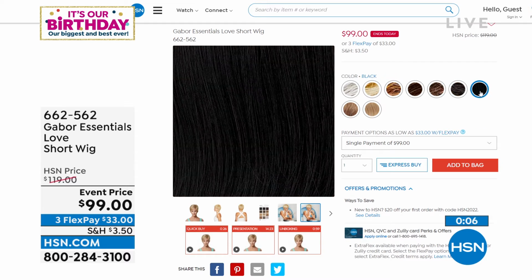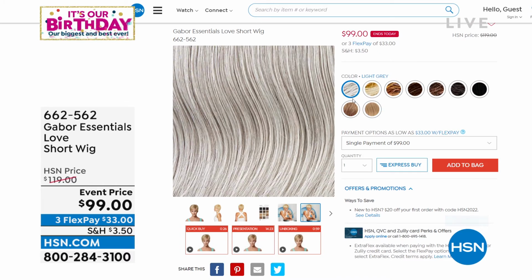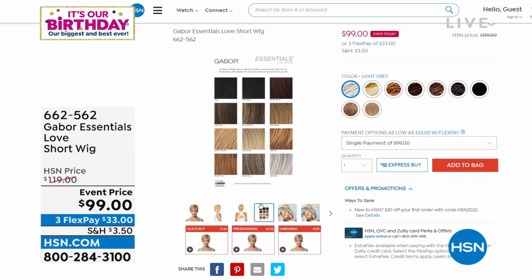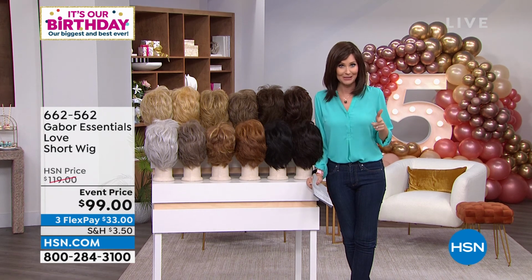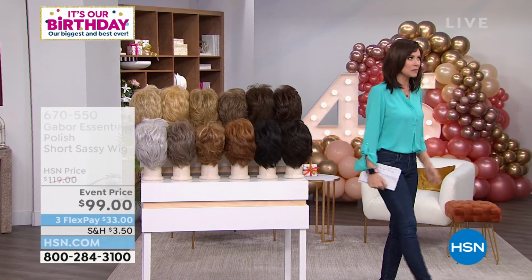And sometimes I call it, if I say wig and it makes you think, oh, I couldn't possibly wear a wig, think of it as your hair. It's a new era when it comes to your hair, I wanna say. When it comes to Gabor, it's a new era. It is designed for you, comfortable, very real looking. In fact, I was walking down the hall, and this is the prosperity. I was walking down the hall, and people were like, ooh, I love your